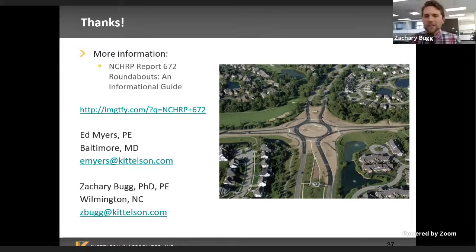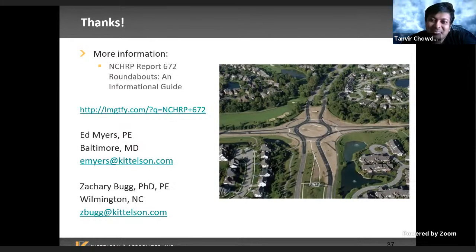That's good. Ed, you want to take a crack at that one? Was the question how you determine the design vehicle versus an emergency vehicle versus just a tractor trailer? For all of our intersections, we design for emergency services vehicles. They're typically not the biggest vehicle that uses the intersection. The largest design vehicle that you would expect to use the intersection is what we call in the US a WB-67, a long tractor trailer.